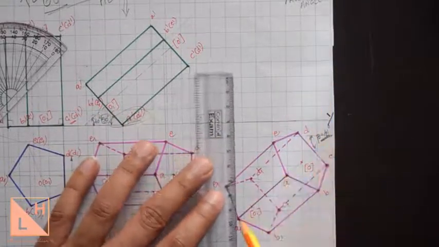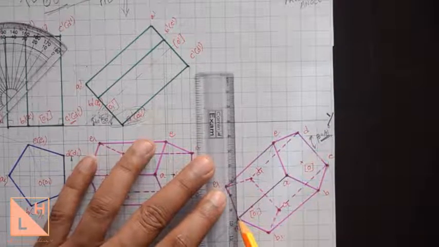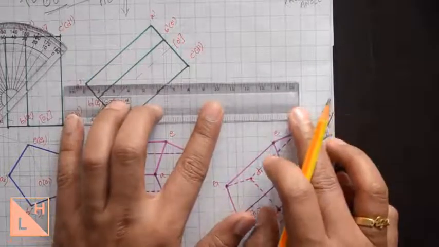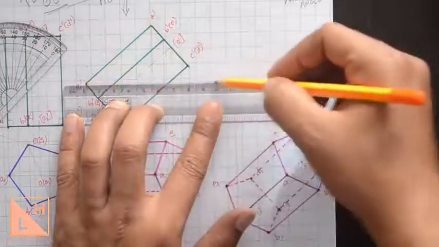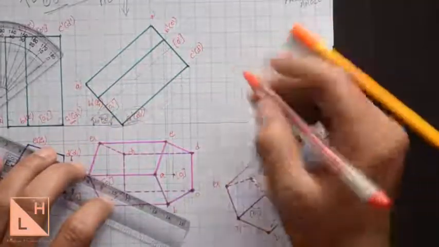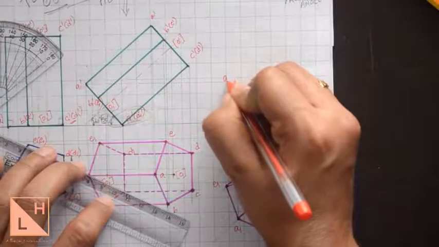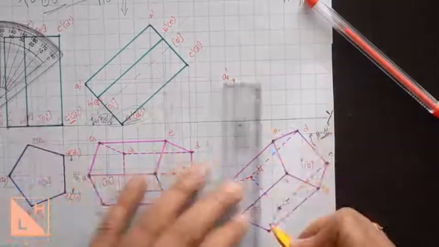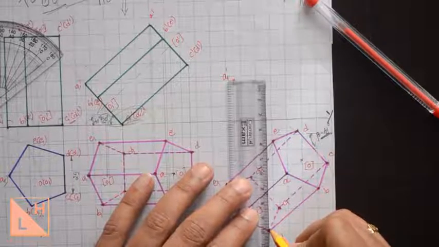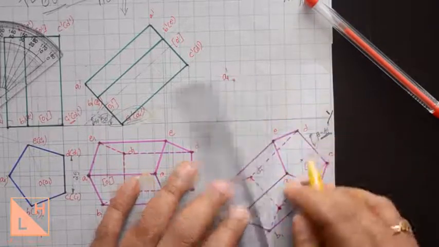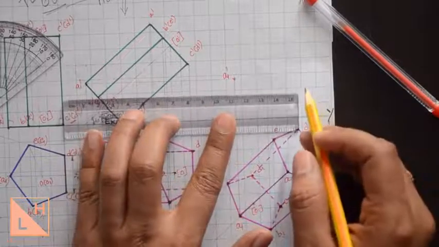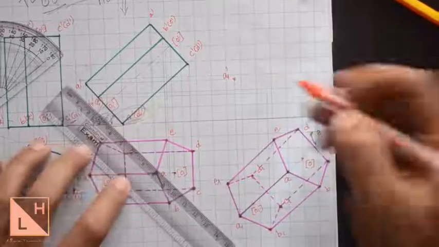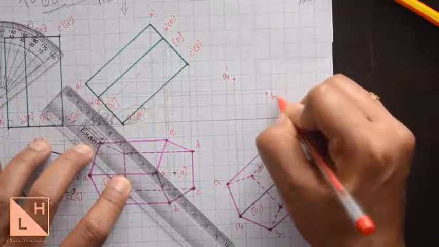Like draw a line from A1 till it reaches the point A1 dash. So A1 dash is here. We can draw a projection line from A1 dash. So where it connects, that point will be the new point A1 dash. Right? Likewise, as and when you find out the point, you name it immediately. Next is B1 till B1 dash. And this intersection point will be called as B1 dash.